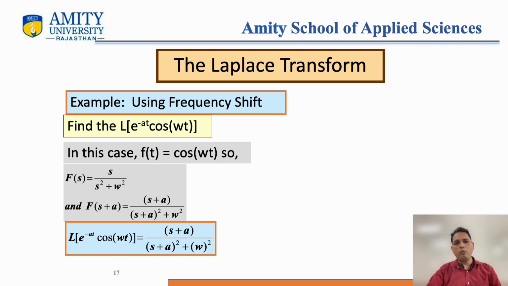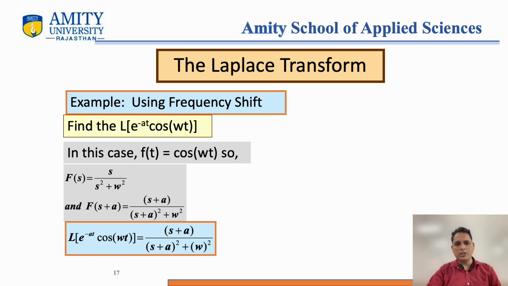Okay, so in the previous slide we have e to the power at ft. Considering that ft is equal to cos wt, before that I talked about the Laplace transformation of cos wt. I have already memorized the answer: the Laplace transformation of cos wt is s upon s square plus w square. Now, using the previous theorem, what it says is that if we have to find the